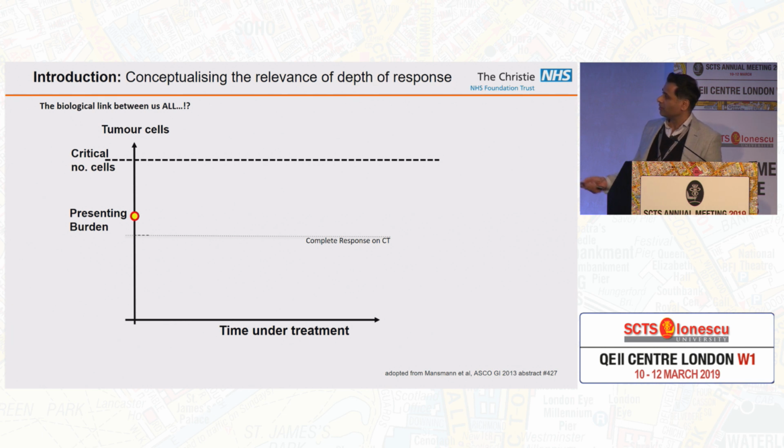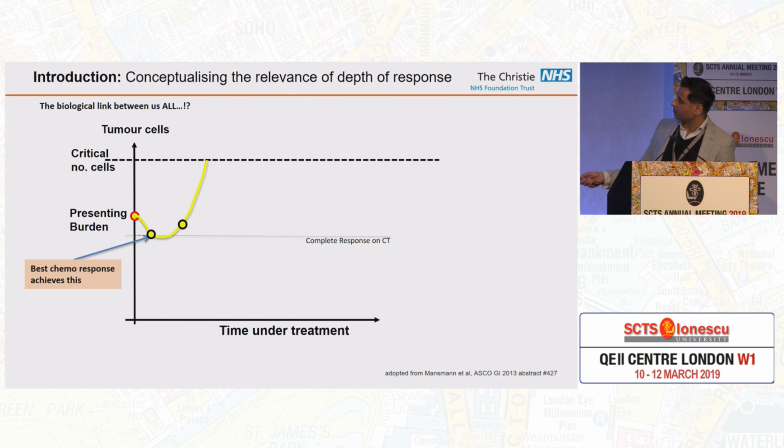patients present with a number of cells at presentation, and on average it's about 10 to the power 14 cells. And that patient then gets referred. If they get referred to me, they get given some treatment, and I know that I have a limited ability to cause cytotoxicity, but if I'm really lucky, I might cause what we call a complete response on CT scan, so that this lesion is no longer visible on a CT scan, and then that person will stay in a period of remission for a little while,